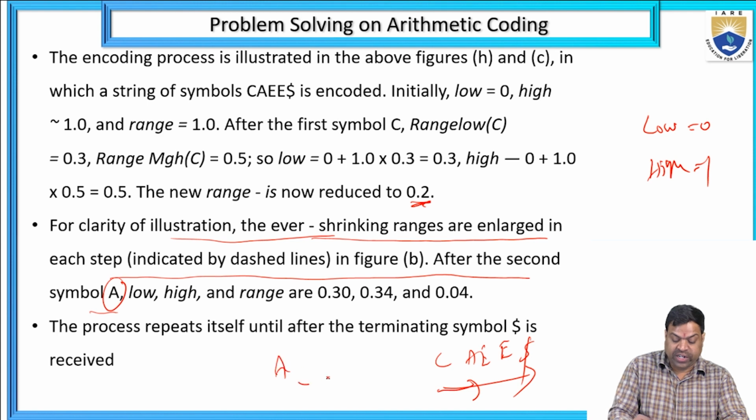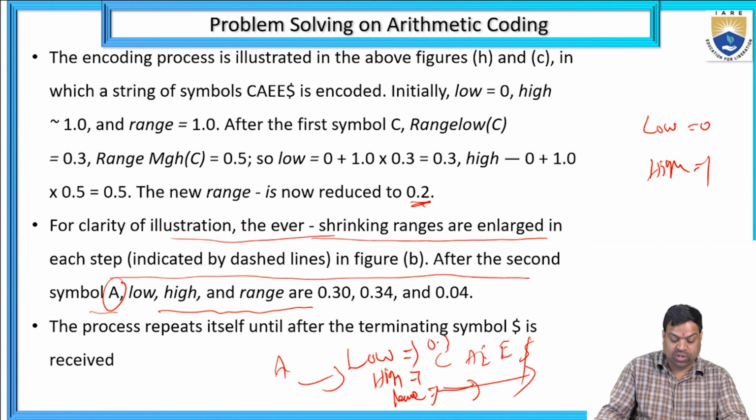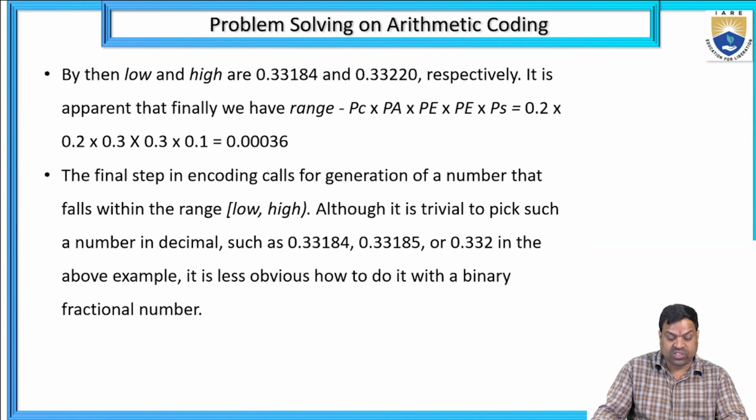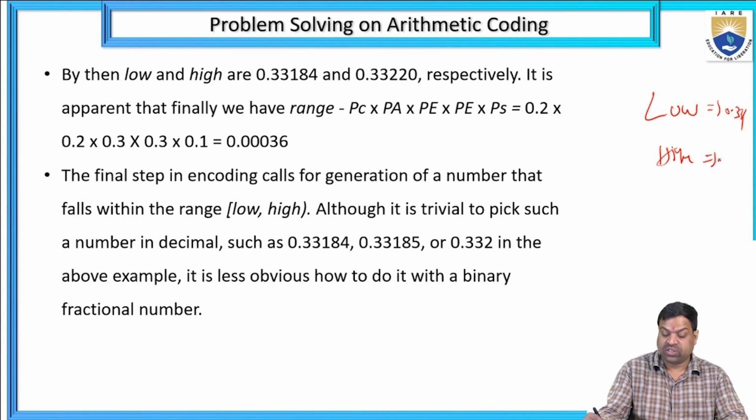What is the second symbol? A, with its low, high and range. These are the three types. Low, high and range: 0.3, 0.34, 0.04. The process repeats itself until a terminating symbol is received. Here the low value is 0.331, the high value is 0.332, and the total probability is